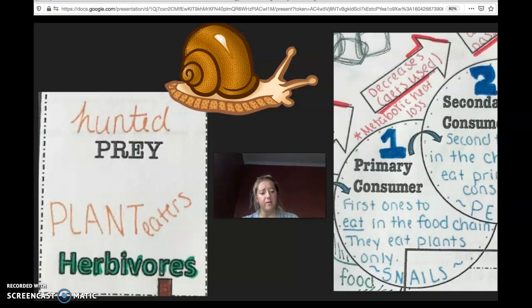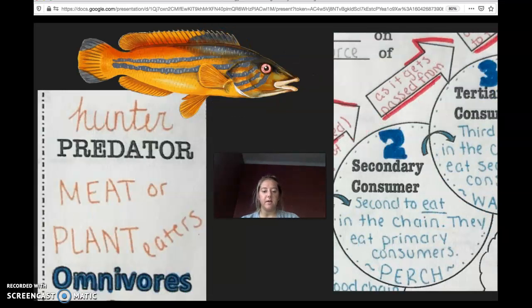Okay, so that's our primary consumer, and that is a snail. They're the first ones to eat. The second ones to eat, we call the secondary consumer. Our example here is a perch, which is a type of fish that I've got on the slide for you right there. They're the second to eat in the food chain, hence the word secondary. They eat primary consumers. Okay, you get it? Two eats one. These can sometimes be hunters,